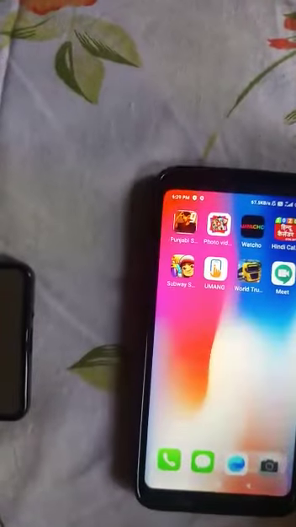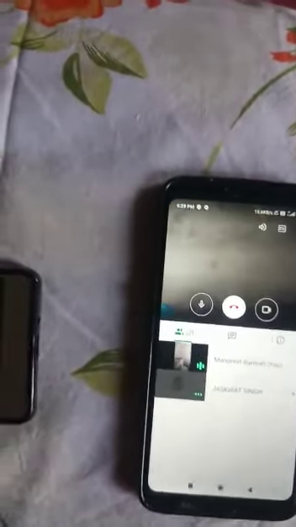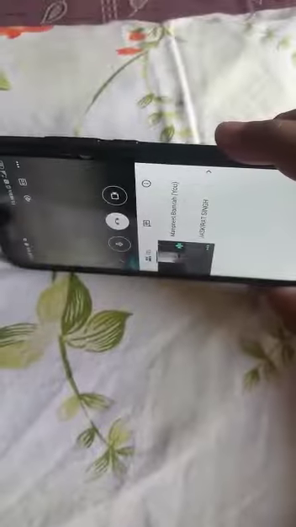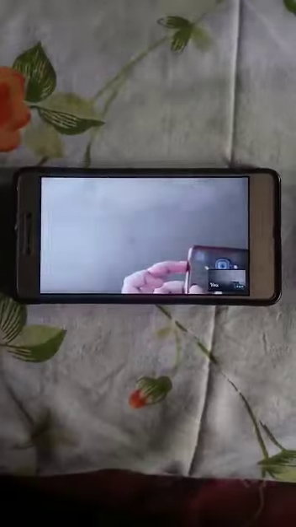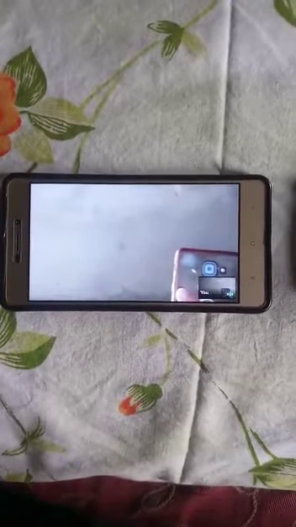Then you can see here in the Meet app, if I rotate this phone like this, then both the phones will show the complete screen on Google Meet app.